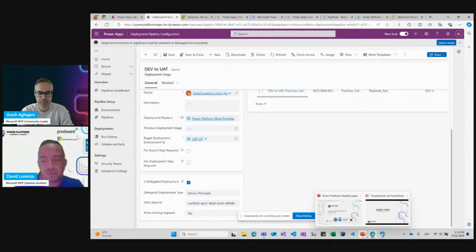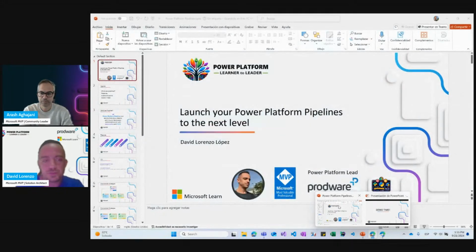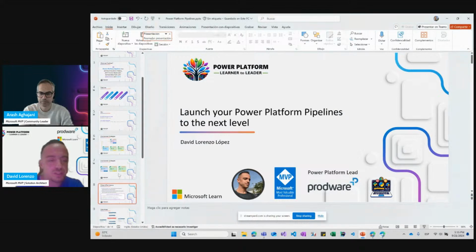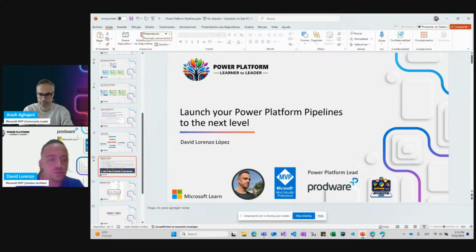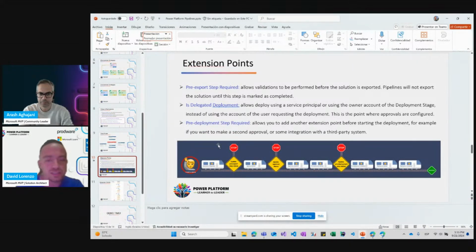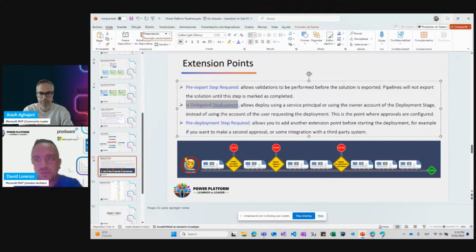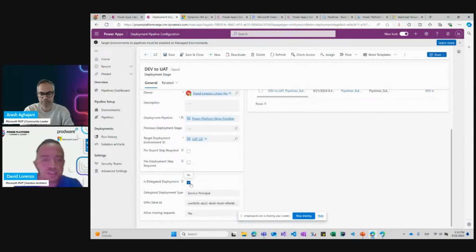If we remember from the schema that we saw before, is delegated deployment is one of the extension points that we are talking about. So by selecting that and configuring the service principal, this is the service principal ID, we will deploy using the service principal. In this case, we are configuring the delegated deployment.